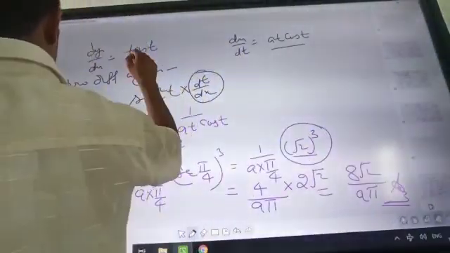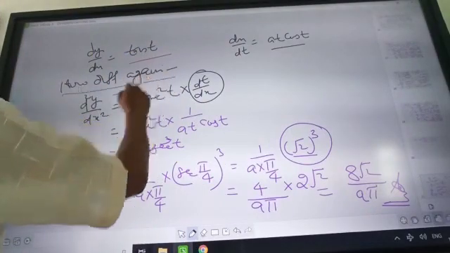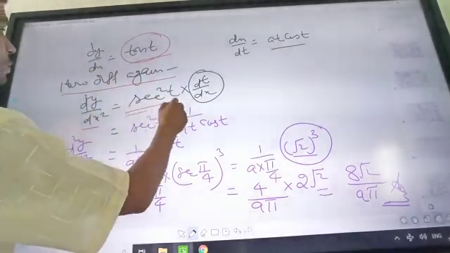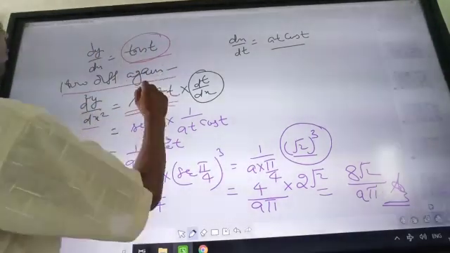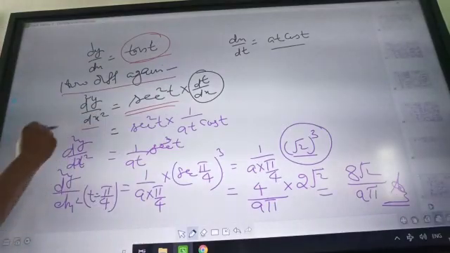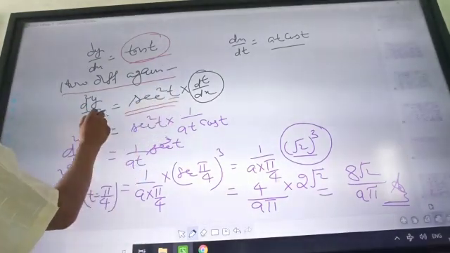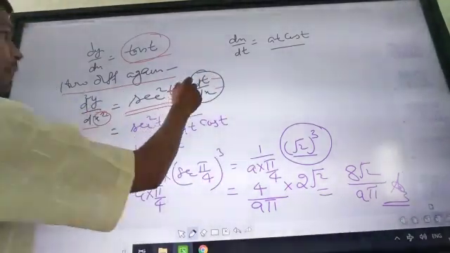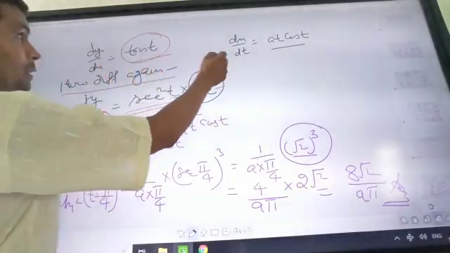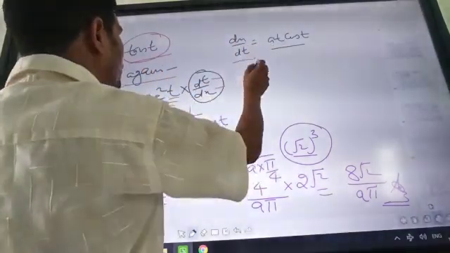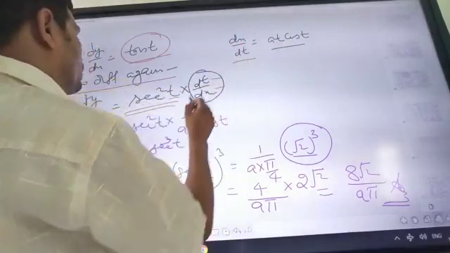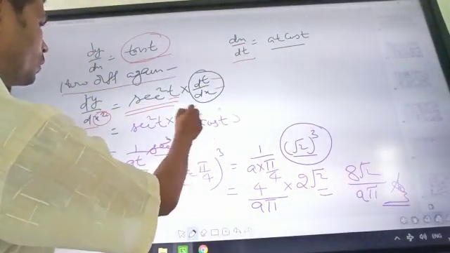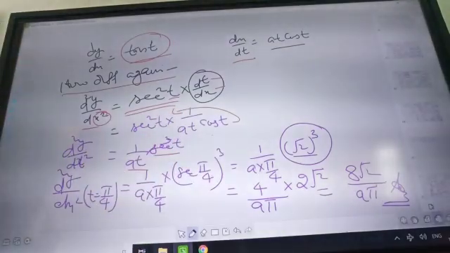That means dy by dx equals tan t. Then again differentiating this, d2y by dx square, this gives us the derivative of tan t, which is secant square t, and dt. And one more important thing, since here it is t and you are differentiating with respect to x, this gives us dt by dx. So secant square t into dt by dx, and you know very well in the previous part dx by dt was a cos t, but it is the reciprocal, dt by dx, so 1 upon a cos t. a will remain as it is, and secant cube t, this cos will go to the upper part, this gives us cos cube t.